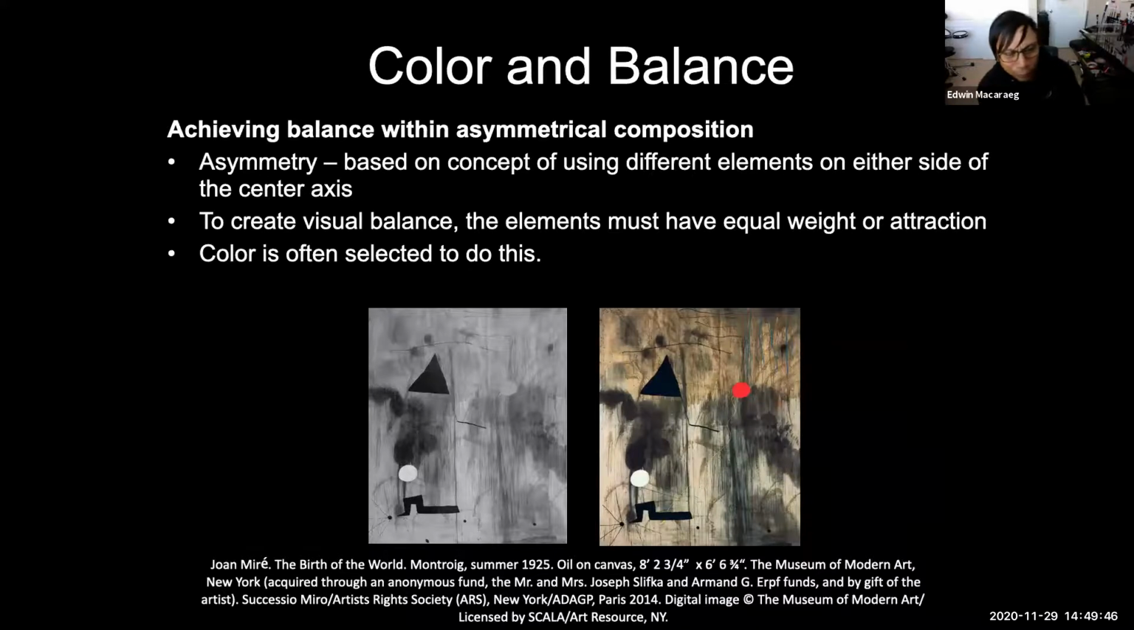And there's also ways to factor in color when it comes to symmetry and asymmetry. Okay, so when it comes to asymmetry, it is based on this concept of using different elements on either side of the center axis. So we usually try not to use the same thing on two sides of an axis because it causes less interest in the overall composition,